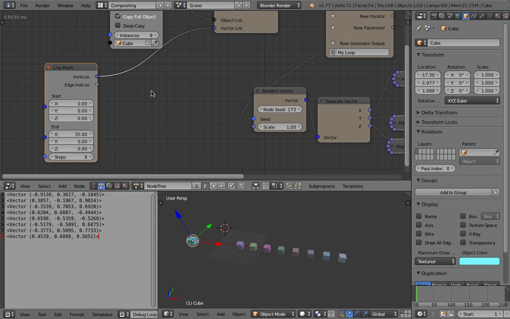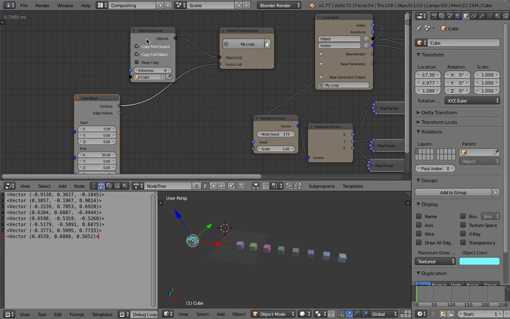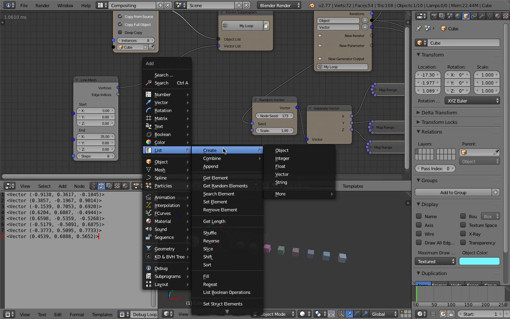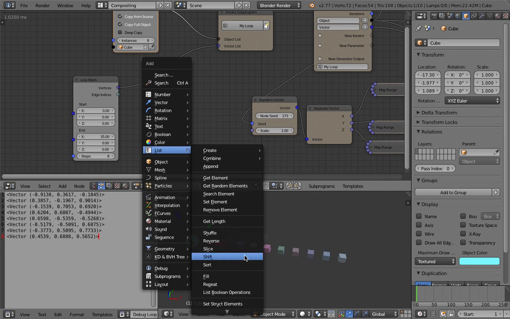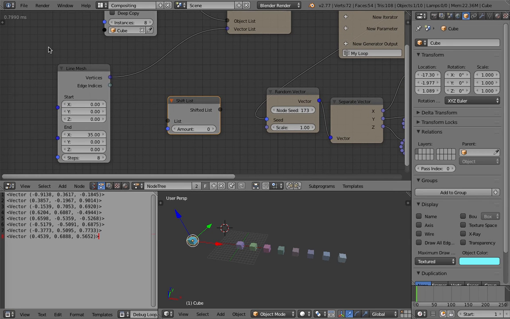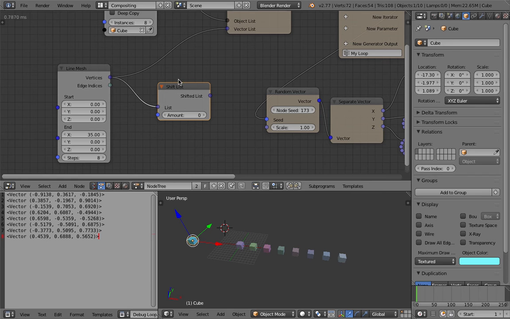And something I want to show you is in regards of the list in animation nodes. We have some operations that deal with list. I don't touch this quite often, but of course I use list all the time, and we can shift it, we can slice it, we can shuffle it. Probably I'll start with shift. So like I said, this line mesh node is generating 8 elements in the list, and we can actually plug it in into shift list